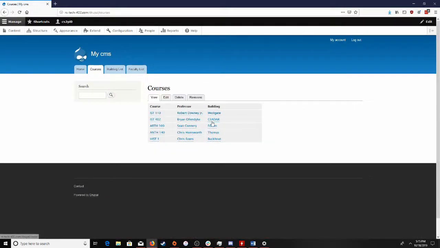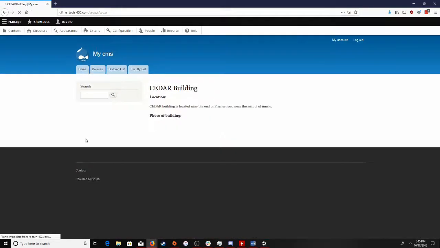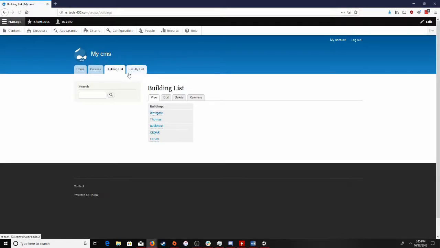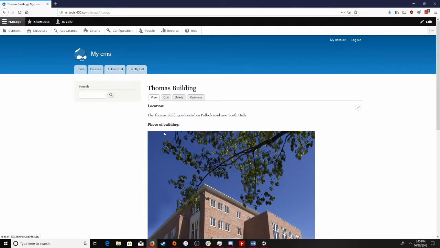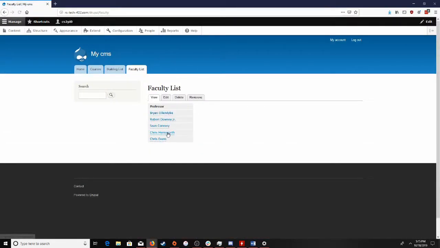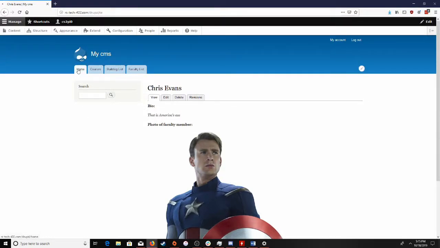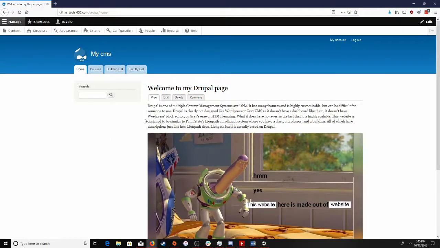Right, so we'll choose this building. And then I also have the building list and faculty list that do the same thing. See, there's a building description there. And then faculty description here. So it's not a very complex website that I've created, but anyways, to get into what makes Drupal complex,